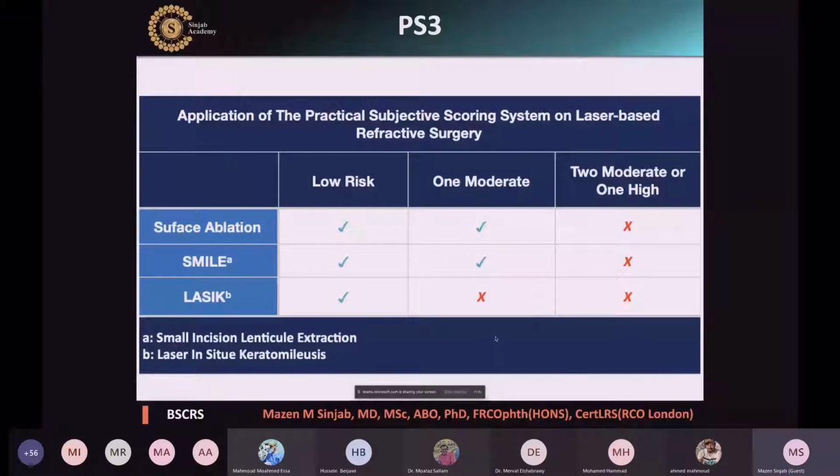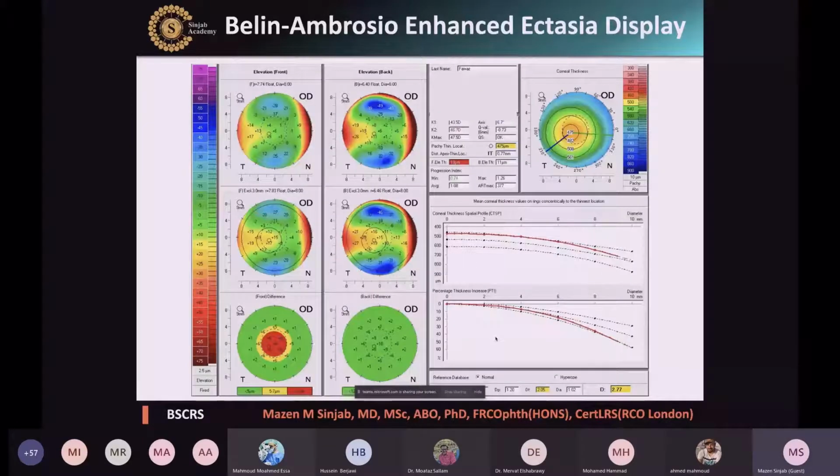Great. Now, what about the Belin-Ambrosio enhanced ectasia display? Actually, it is a very good map just to, let's say, make a warning. If it is green, then most probably it is okay. If it is red or yellow,